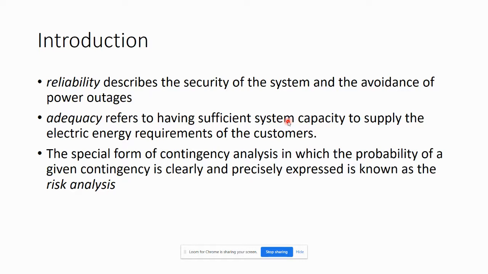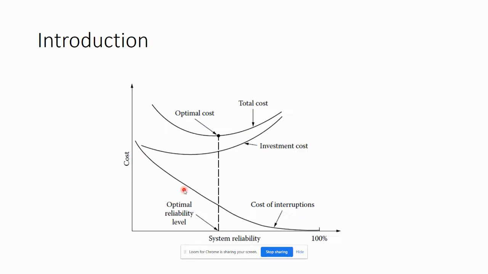And risk analysis, you can read this sentence yourself, but risk analysis is as simple as the multiplication of an event's measurable impact with the probability of that particular event happening. So we talk about risk all the time. Now with this risk, we define it formally. Next time when you want to quantify risk, you need to know what is the measurable impact of the event, and you need to know what is the probability of the event occurring. So by multiplying these two things together, you get risk, right?